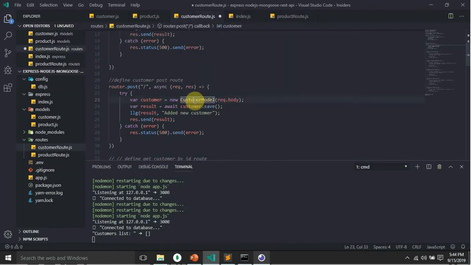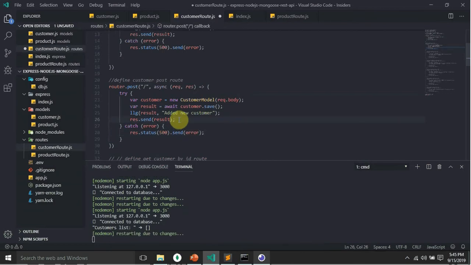So then we will use the customer model to save that data into our MongoDB database. Then we will issue a new message that a new customer has been added, and we will respond back to our user, or to our client, with the results that we got. If we had an error, then we'll have an error back. Alright, so now let's try and make a post